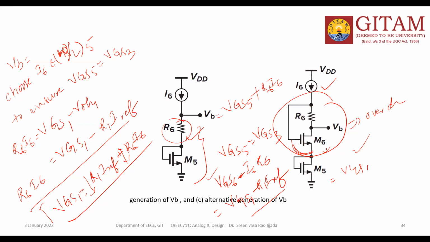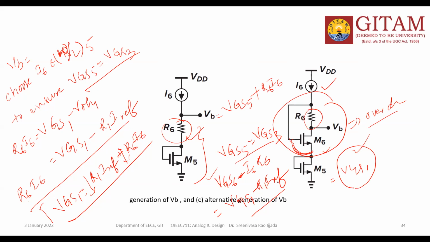So you can understand the modification I have made. Here M5 plays the VGS1 role and this combination will play the overdrive voltage. VGS1 is the VTH value. So after that, VGS5 is equal to VGS3, of course, the earlier assumption only. Now VGS6 is this one minus this one, with this potential I6 into R6, equal to VGS1 minus I1 R1 into I reference.